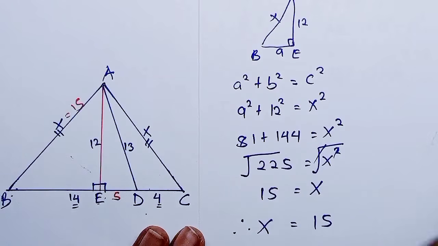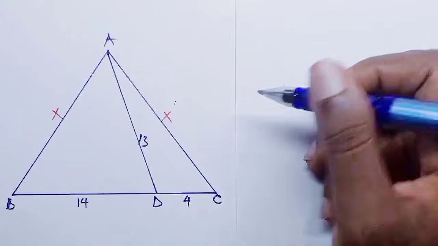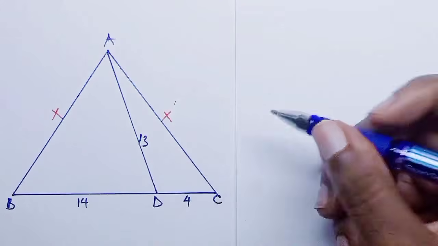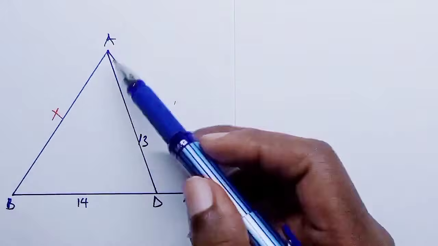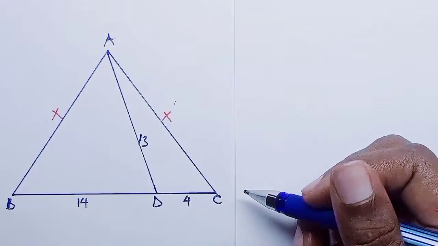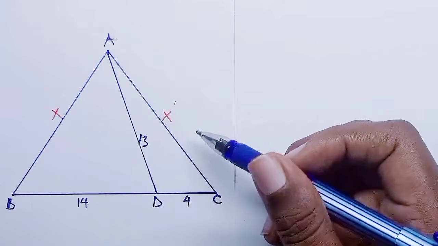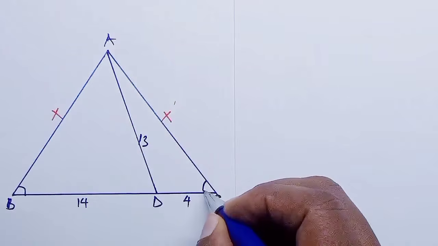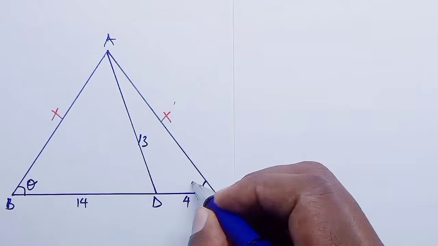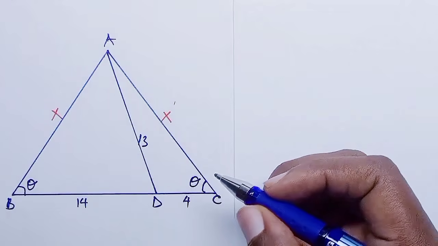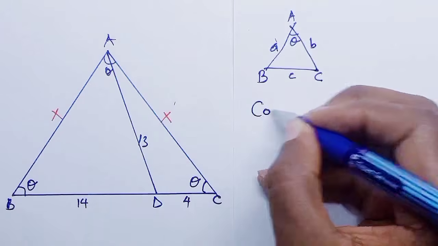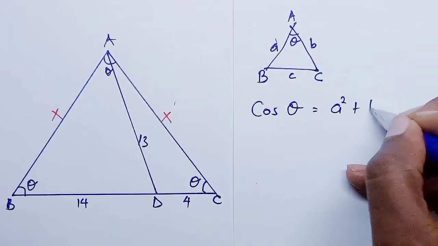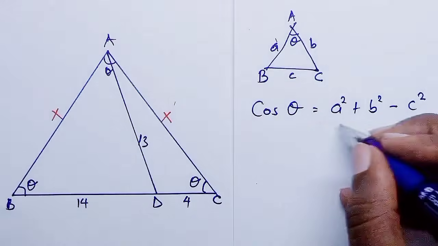Let's look at another method in which you could have solved this. So if you have the triangle, the other method is, since AB or BA is equal to AC, which is equal to x, that means that this angle here will also be equal to this angle. So if this angle is theta, that implies that this angle here will also be theta. Cos of this angle here will be equal to a squared plus b squared minus c squared over